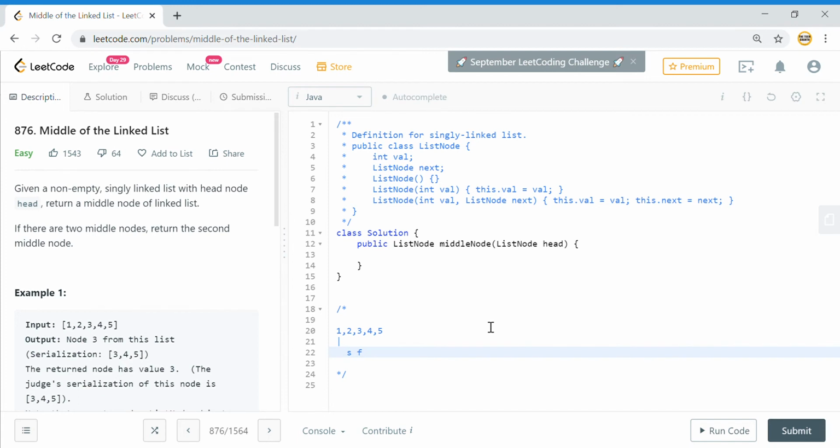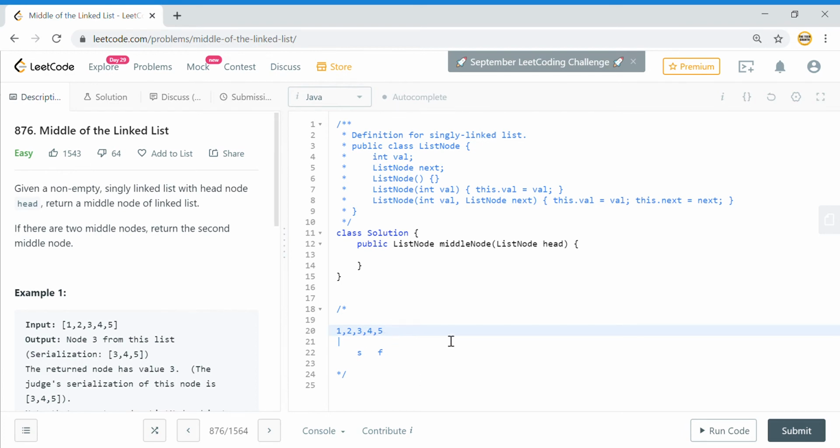Next time when I iterate through the linked list, my fast pointer will again move two steps and reach 5, and my slow pointer will move one step and reach 3. Now after 5 the next element is null, so we will come out of the loop and you see, voila, the slow pointer is at the middle of the linked list.